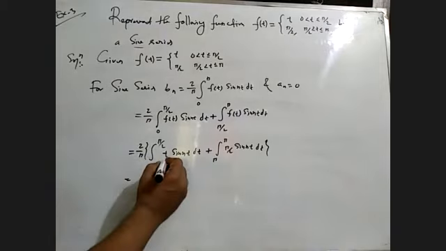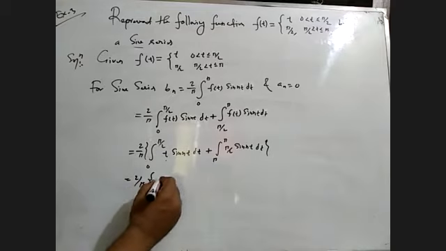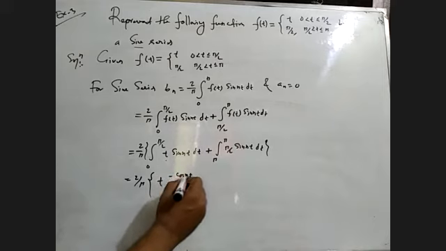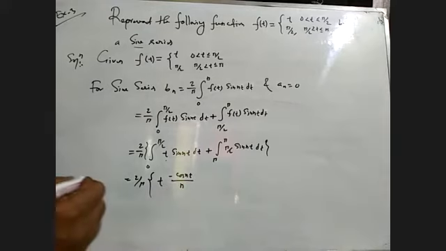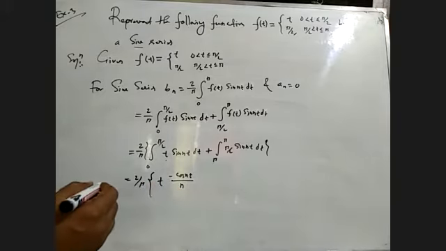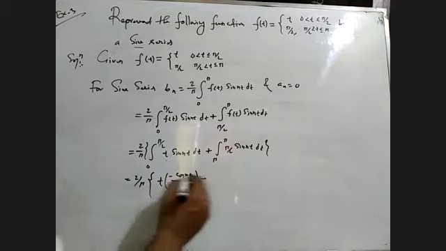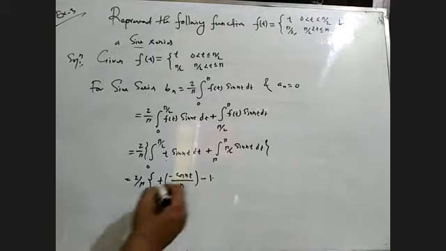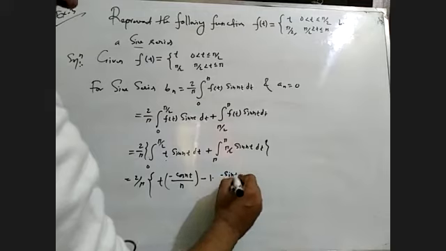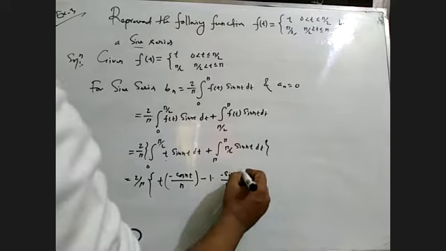Now here we have to apply the UV process. U into the integration of sine, which is minus cos divided by the coefficient of n, minus the differentiation of t with respect to t, which is 1, times the integration of minus cos, which is minus sine t divided by the coefficient, n square.